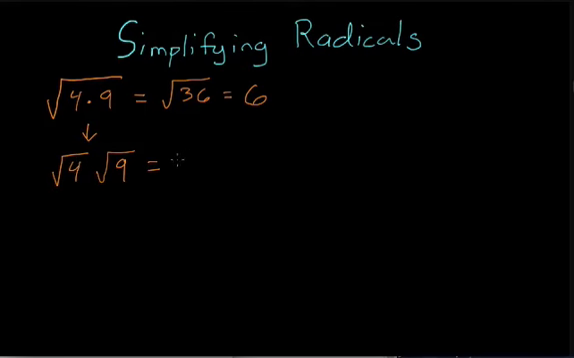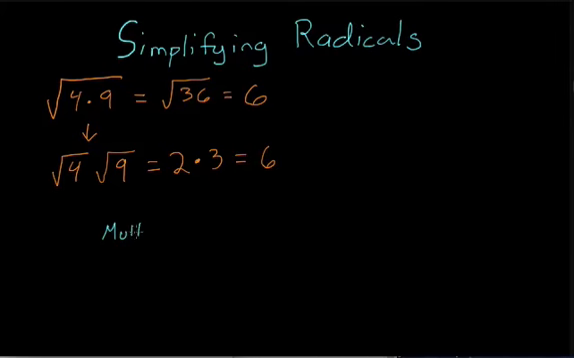Well, the square root of 4 is just 2, and the square root of 9 is just 3. So this is the same as saying 2 times 3, which is indeed 6. So we can see that if we have the square root of a product, that's equal to the product of those square roots. And so we're going to extrapolate a general property here, a property we're going to call right now